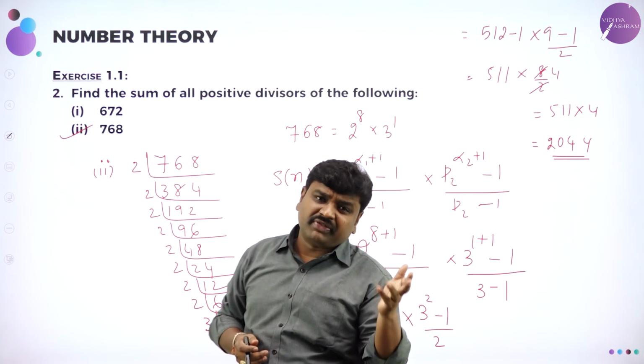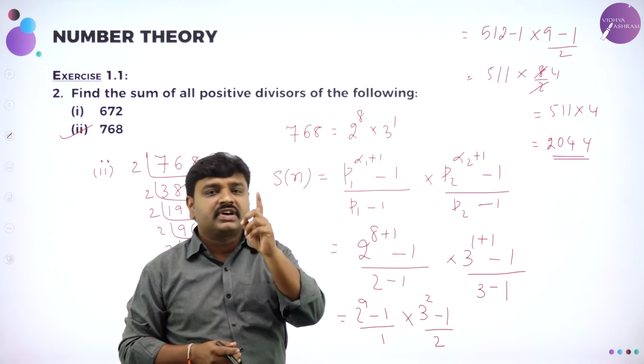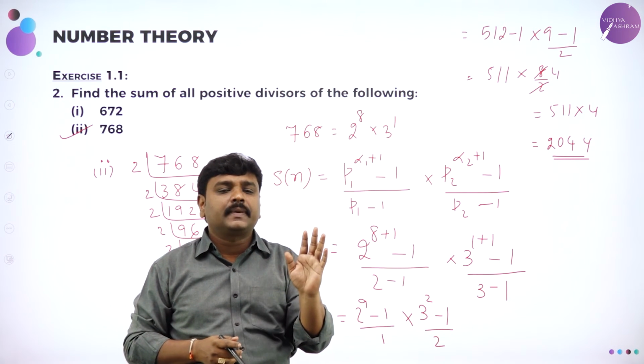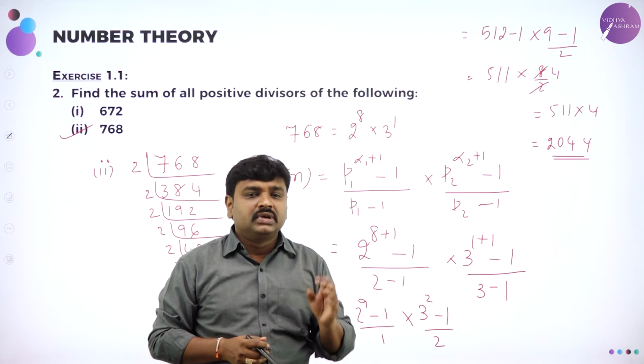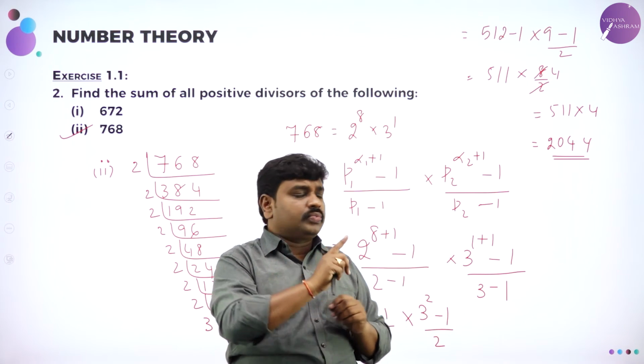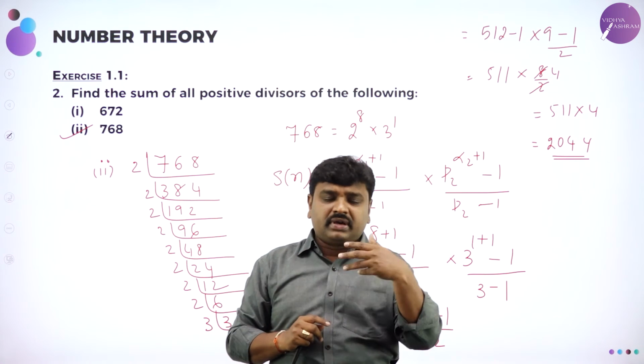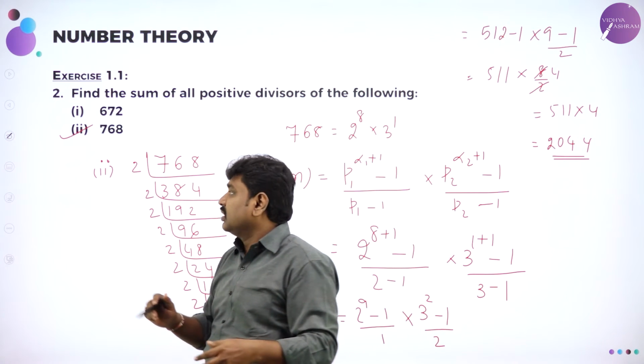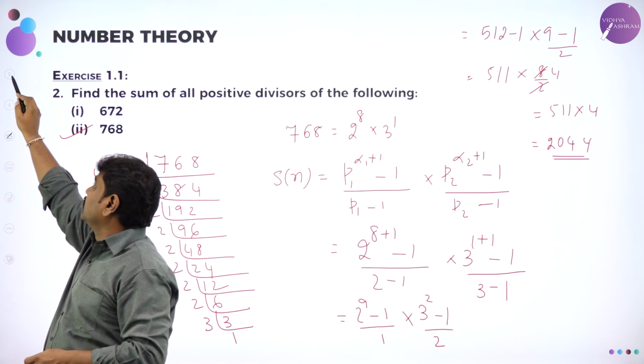So whether it is sum of divisors or number of divisors, the first step is you have to write it in what form? Canonical form. My dear students, this is easy. Just you should do prime factorization. Do as many problems as possible so that it will become a good practice for you. Next,